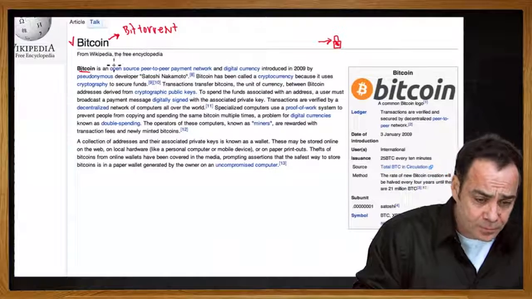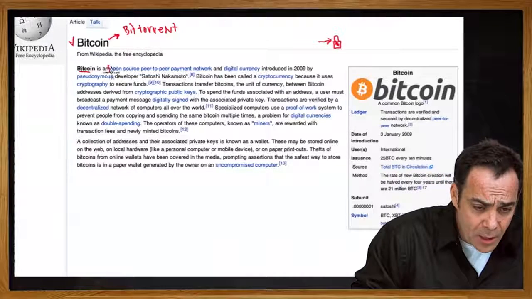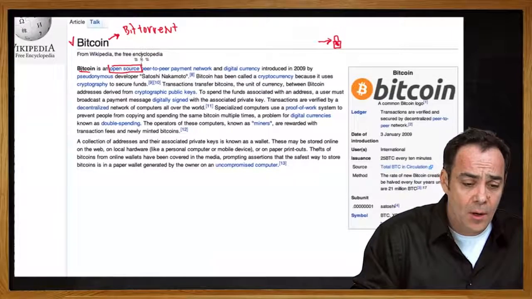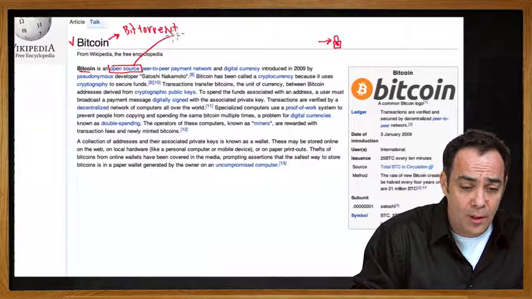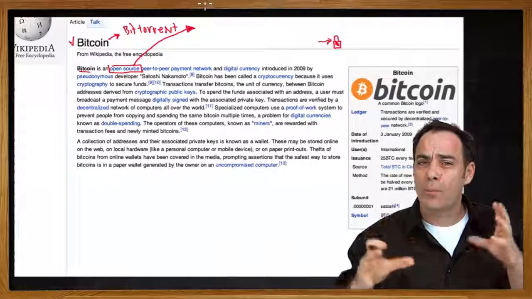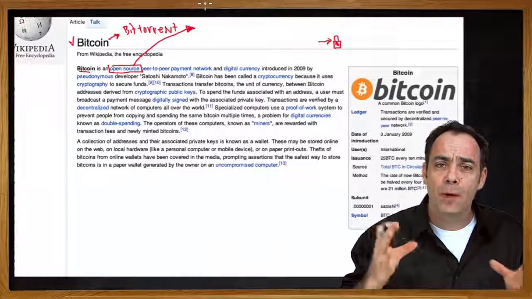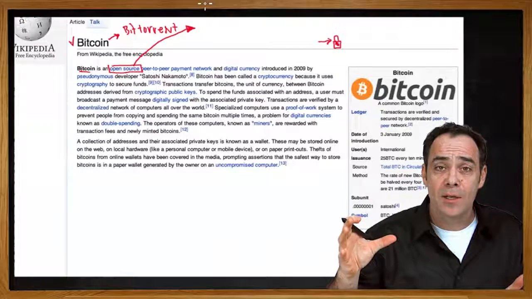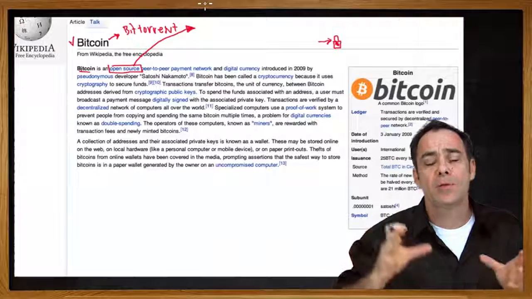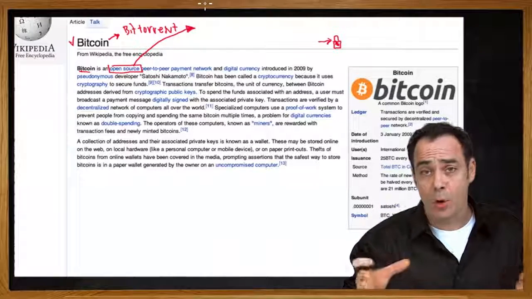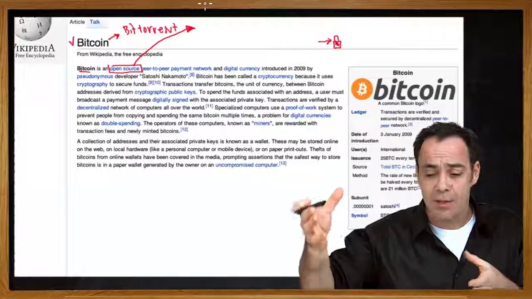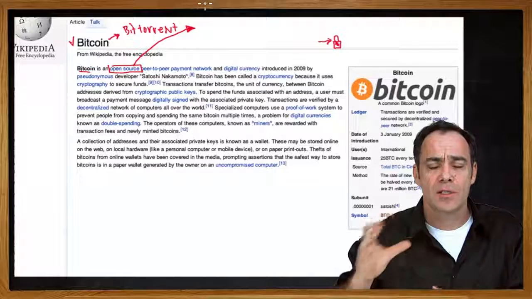So let's move on. Bitcoin is an open source peer-to-peer payment network. Well, open source is very important. What this means is that it has sort of a constitution or sort of a Bible, a set of rules that are published online. And in fact, what everyone uses on their computer is that exact code. Now, one of the great things about it being open source is that anyone can vet it. So you can read the code and determine if this is secure, if this is something you want to get